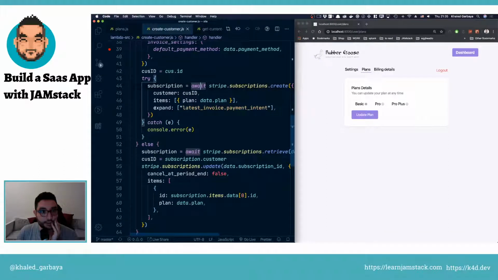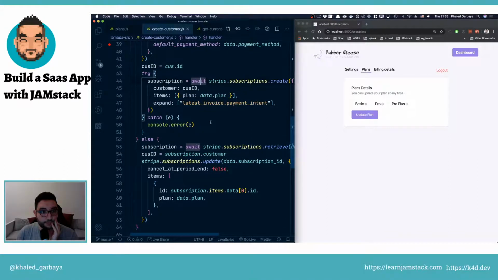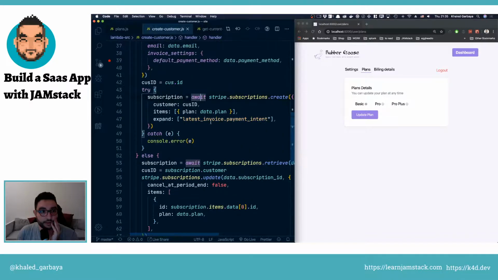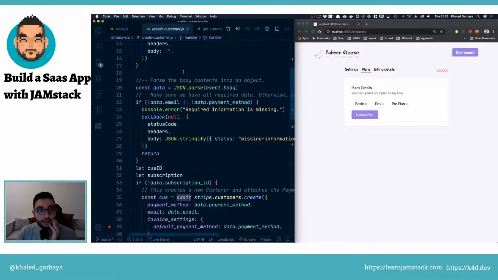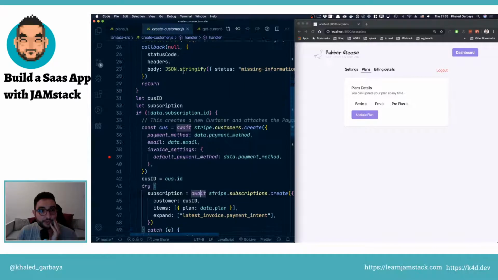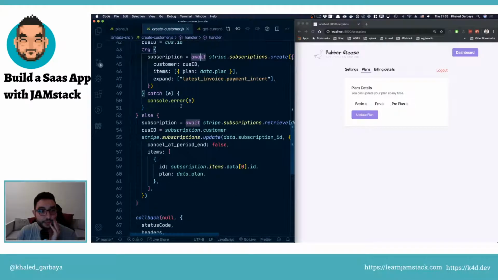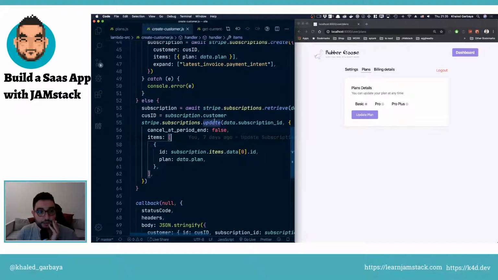This is the happy path, or the first step when we don't have a customer. Otherwise, we will retrieve the subscription that we already have. We get the customer ID from there, and we just update the subscription with the new plan, which is this plan that we're sending to the